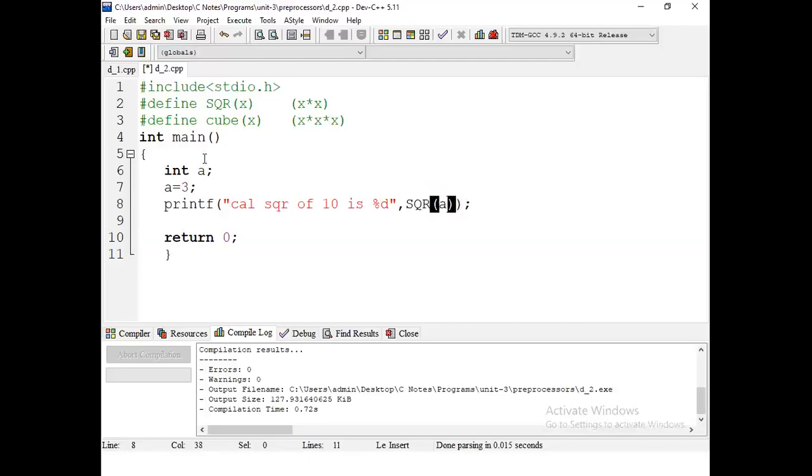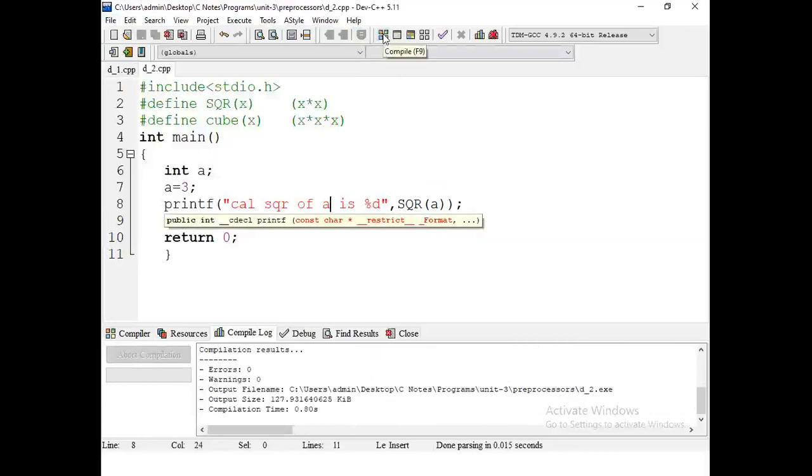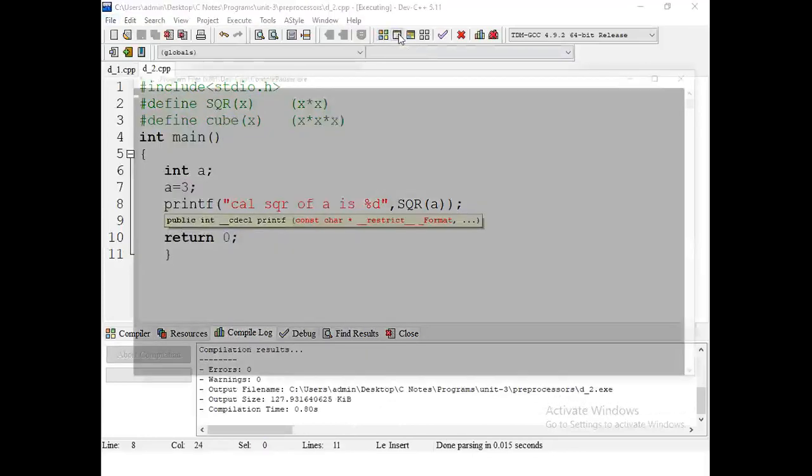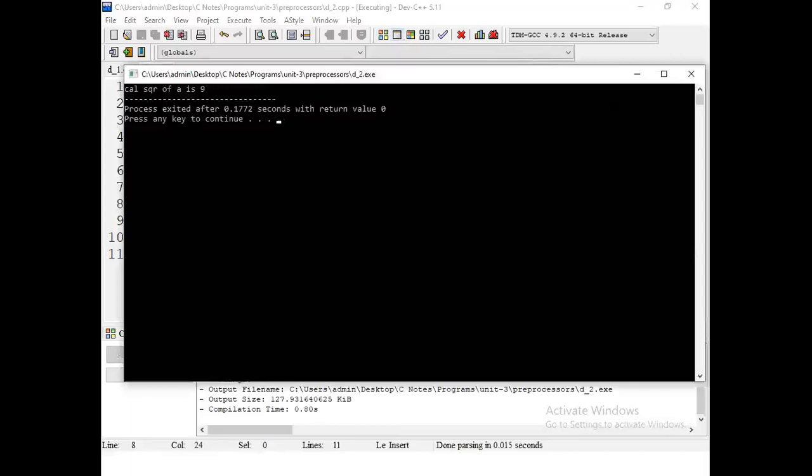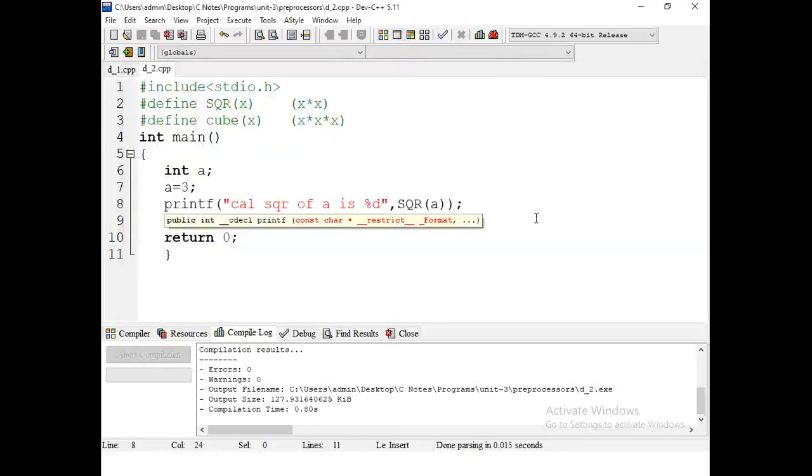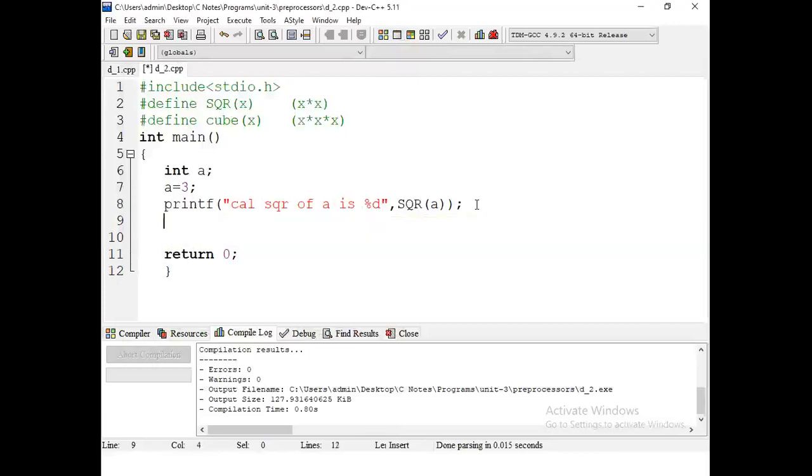A. Next, okay, what will be the output? A square. A square means 2 square. Answer will be 4. A equal to 3. Then answer will be 9. In that.